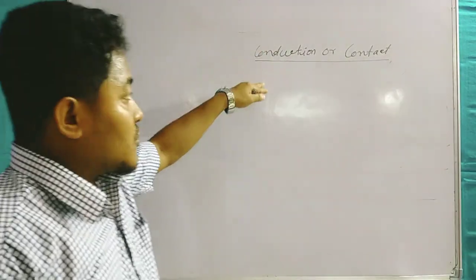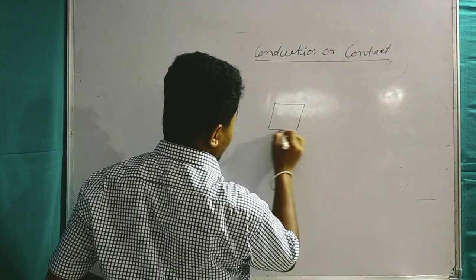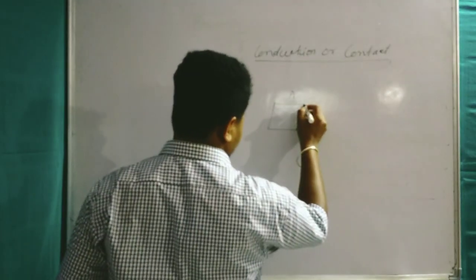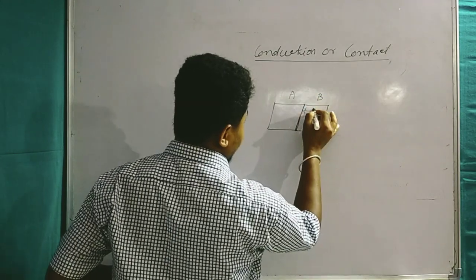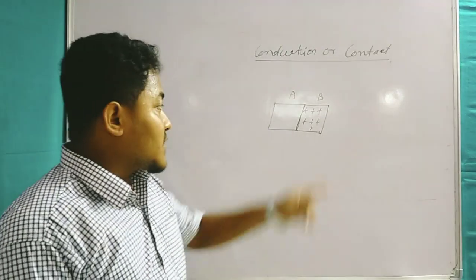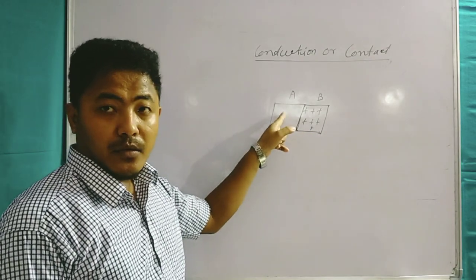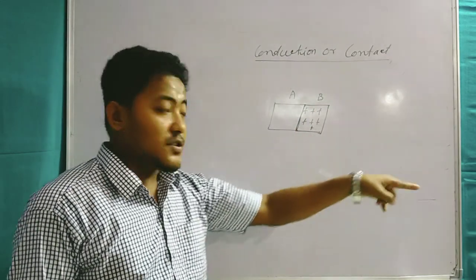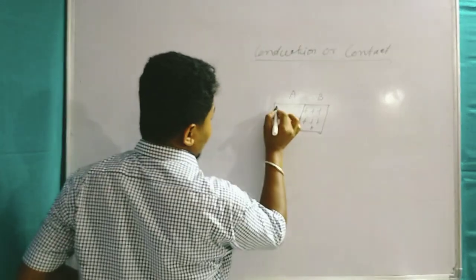In the conduction or contact method, I will keep an uncharged body. It is a completely uncharged body, and I will bring a charged body near it. Suppose this is body B and body B is positively charged. Once I bring body B, which is positively charged, near A, or in other words, in contact with A, then what will happen is that this body will also be